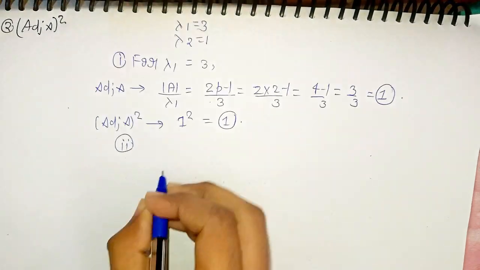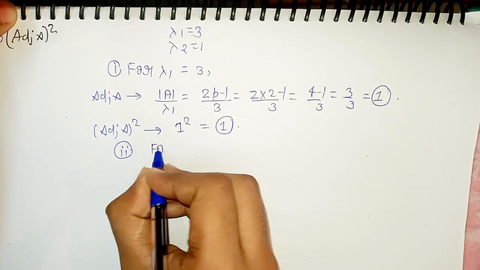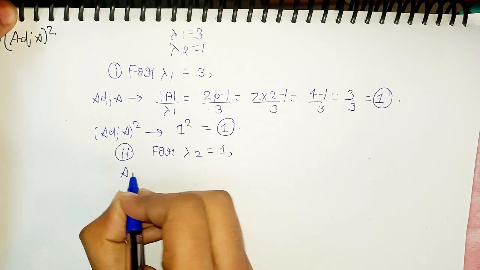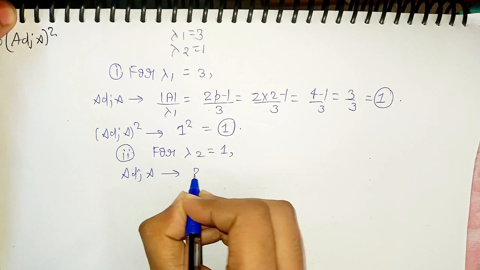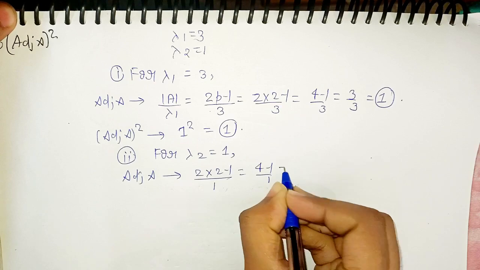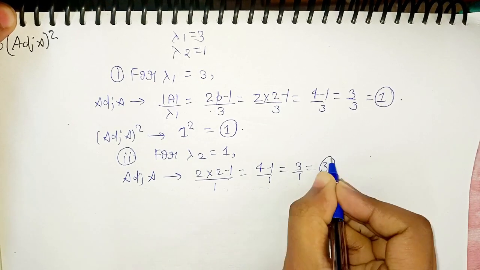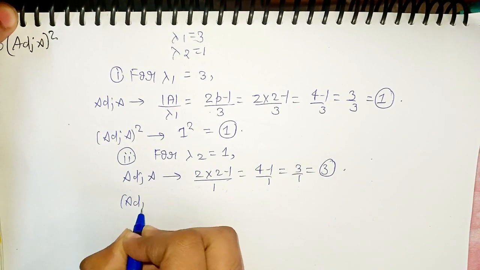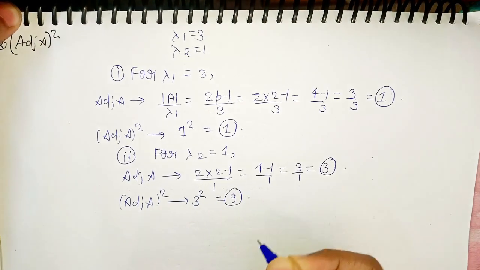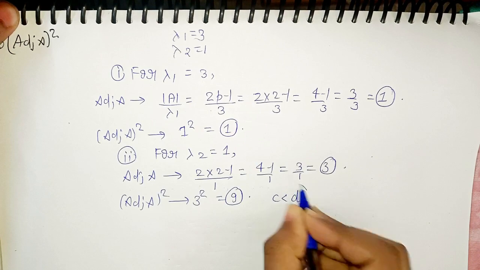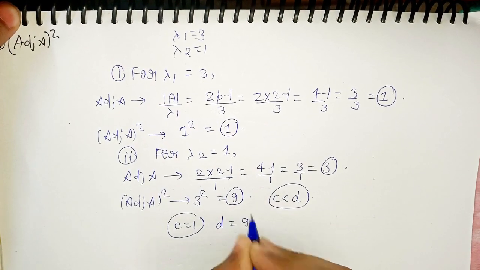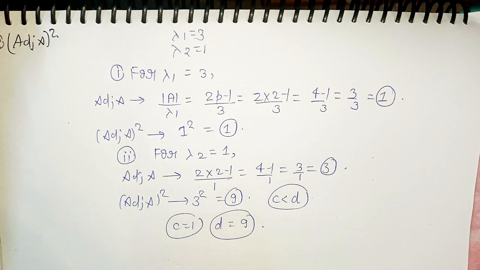सेकेंड वन वी हैव टू डू फॉर लैम्डा 2 इक्वल्स टू 1। सो एडजॉइंट ऑफ A का आइगन वैल्यू क्या हो जाएगा, 2 × 2 - 1 डिवाइडेड बाई 1, 4 - 1/1, 3/1 यानी कि 3। तो एडजॉइंट ऑफ A का स्क्वायर का आइगन वैल्यू क्या हो जाएगा, 3 का स्क्वायर यानी कि 9। आपको बोल रखा था कि दैट वैल्यू ऑफ C हैज़ टू बी लेस देन D, तो C की वैल्यू इसमें से 1 हो जाएगी और D की वैल्यू यहाँ पे 9 हो जाएगी।